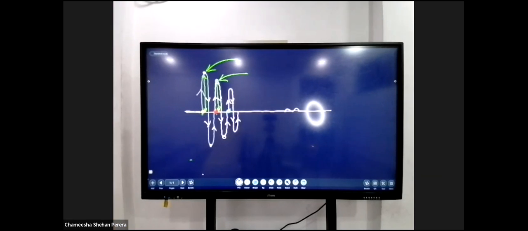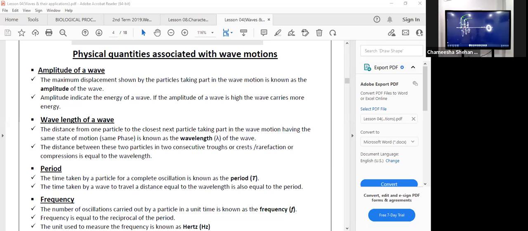Right. So in this case, we are here to talk about the physical quantities of wave motions. And in that, the very first thing we are talking about here will be the amplitude of the wave. Okay. So now, when we are talking about these physical properties of the wave, the physical quantities of the wave,